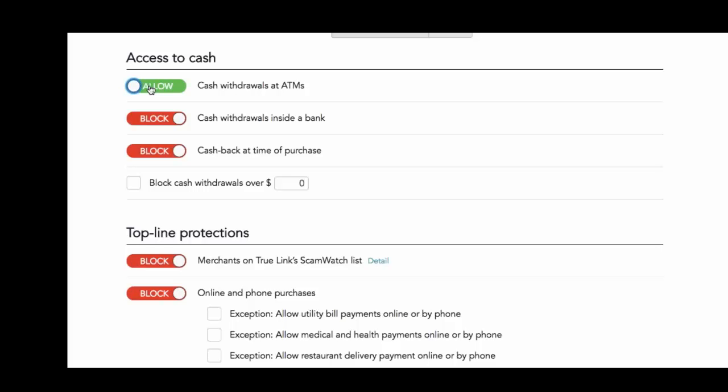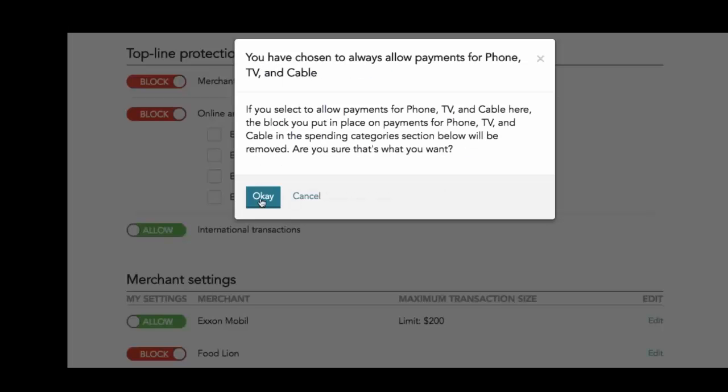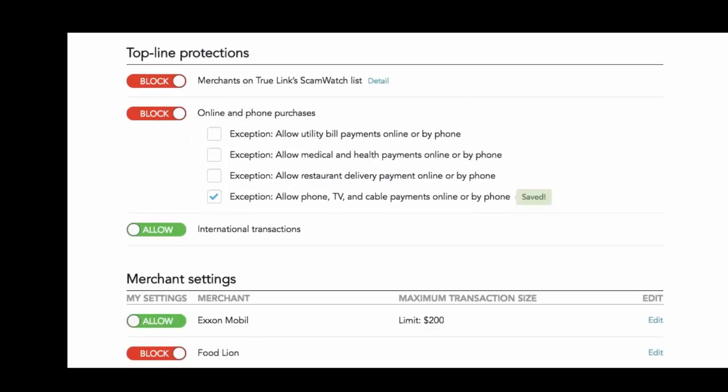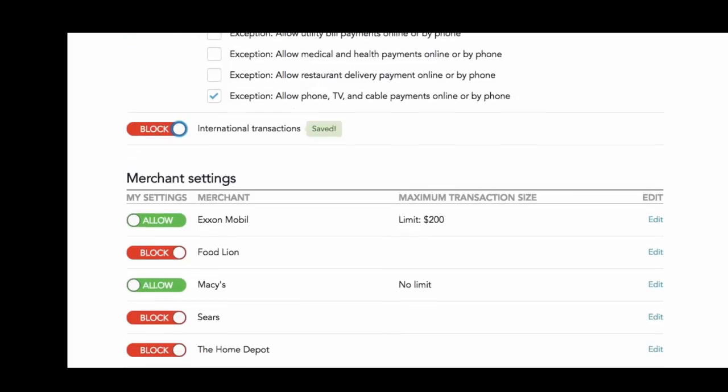Or I can click the button and block it again. I can also do things like block online and phone purchases, so they're blocked here. I might say, oh, you know what, though, let's make an exception to allow phone bills. And then I can also block or allow international transactions as a security measure.